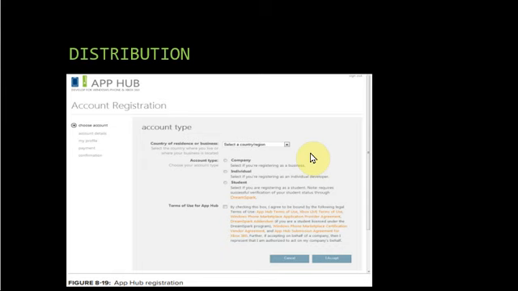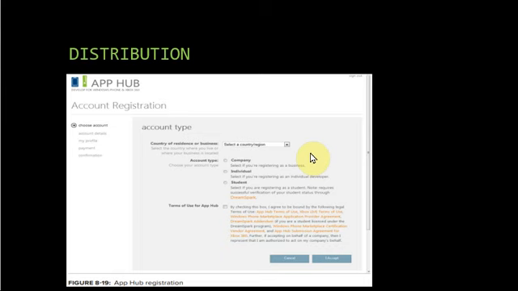And you must select whether this application should be released to the public or simply distributed to the App Hub for private beta testing. You need to specify that. Along with that, you should also specify the version of your app.